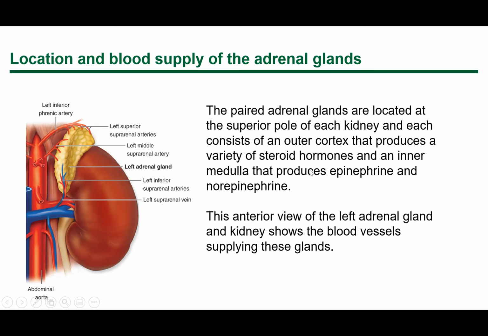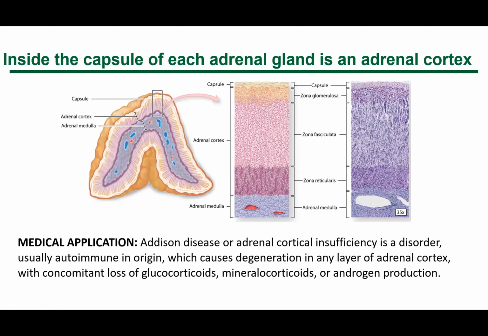So these produce steroid hormones, but the inner medulla produces catecholamines, which is the group word meaning epinephrine and norepinephrine. So they look like this. They are a yellowish glandular epithelium, very classical in appearance. They are roughly triangular. The capsule of each